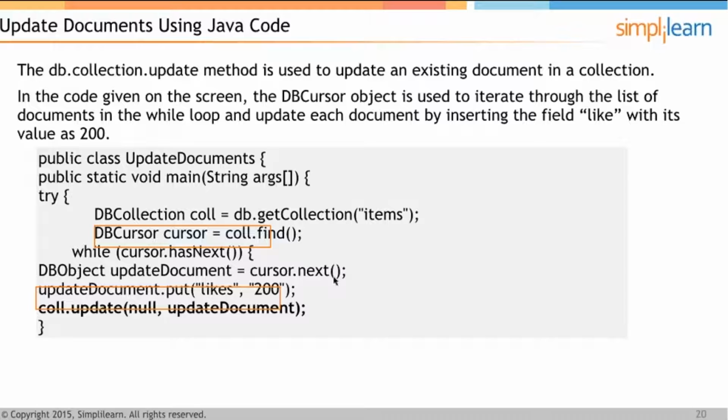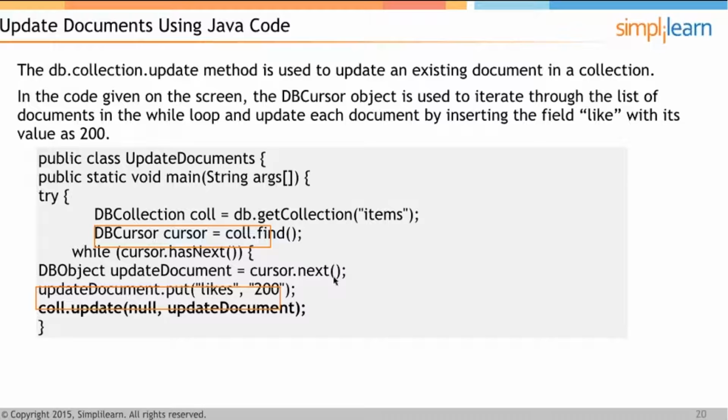The way we use db.collection.create and db.collection.insert, in the same manner we use db.collection.update. The db.collection.update method is used to update an existing document in a collection. In the code given on the screen, the DB cursor object is used to iterate through the list of documents in the while loop and update each document by inserting the field likes with its value as 100. Again, the same way we used to do things in a normal MongoDB command prompt, which you see